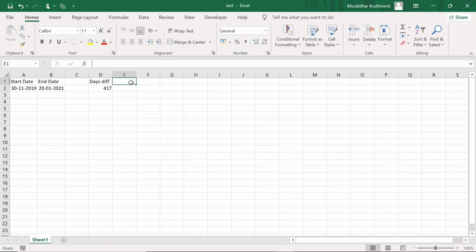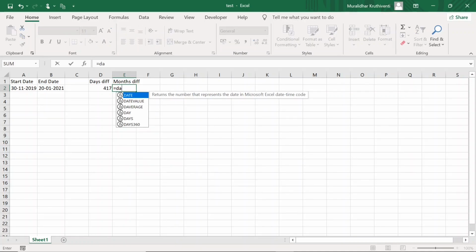Now let us find the months difference. Months difference. So here I give the formula: equal to DATEDIF, and then start date is A2, comma, end date is the cell B2, and comma, you want months, so in double quotes M,